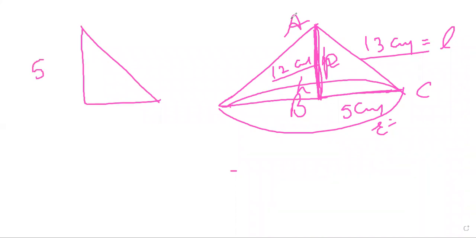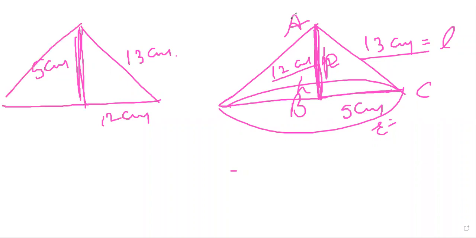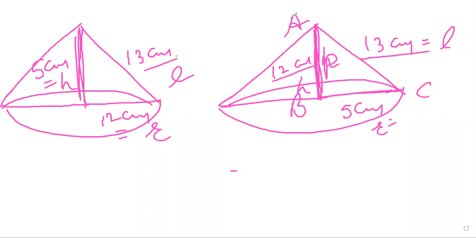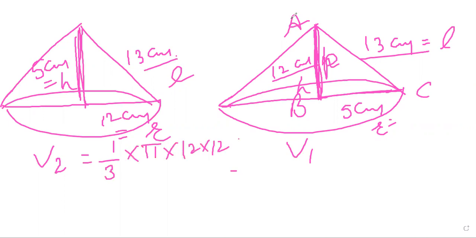Then we'll take the perpendicular as 5 centimeter, base as 12 centimeter, and hypotenuse as 13 centimeter. And when we revolve it about 5 centimeter, it will be a cone with radius 12 centimeter, height 5 centimeter, and slant height 13 centimeter. Now again we have to find the volume of this cone. This is the volume of another cone, V1 and V2, which is equal to 1 upon 3 pi r square h. After solving it, we'll get